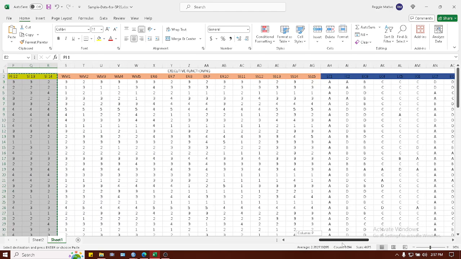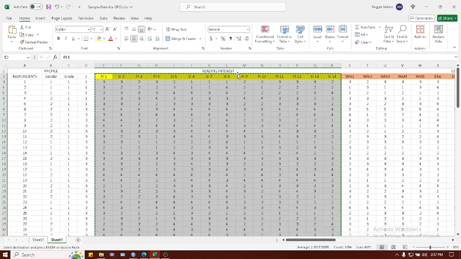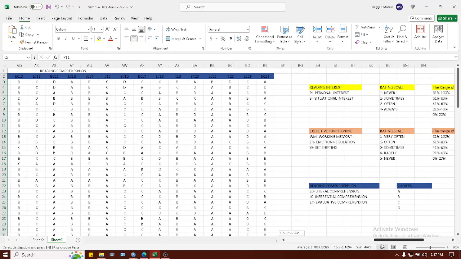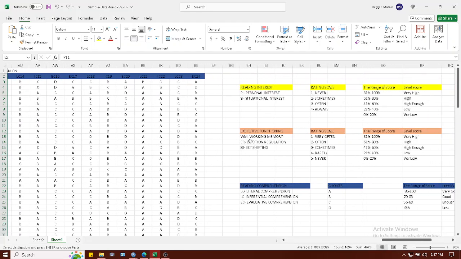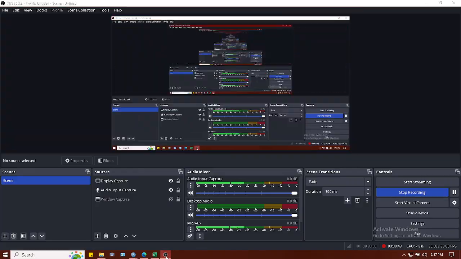So you have executive functioning. I will do the reading interest and you will work with executive functioning with its subcategories. For executive functioning, you have working memory, emotion regulation, and set shifting. And for reading interest, I have personal interest and situational interest.